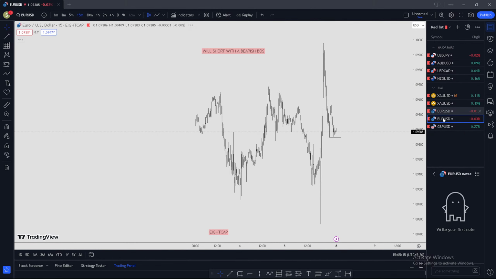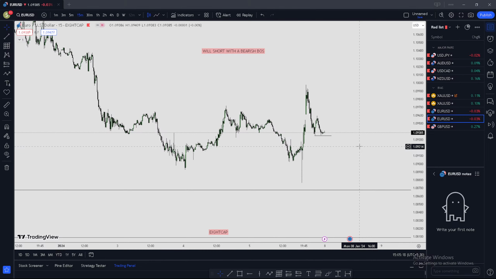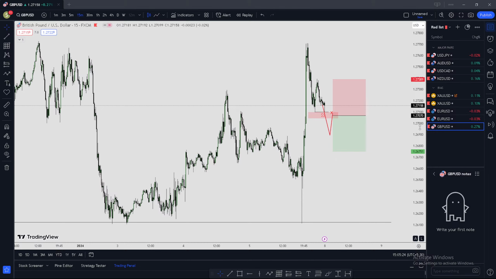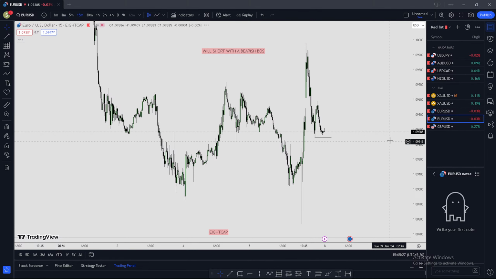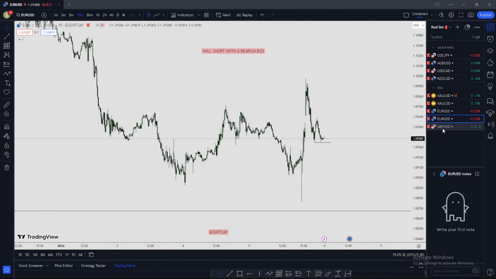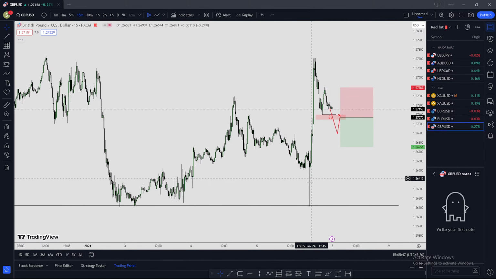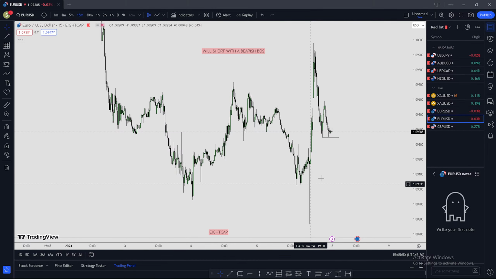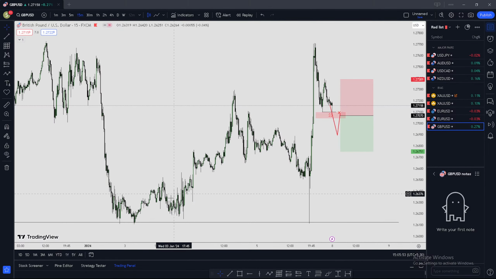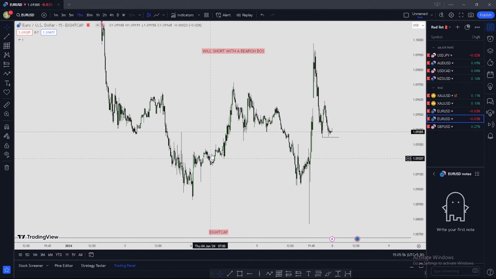Let's see. Most probably I'll be trading the euro dollar pair because I see more. Actually, whenever I trade the fair value gap, whenever I trade the euro dollar and the GBP USD, I see the correlation between them. I see that the euro dollar pair is much more on the bearish side, stronger on bearish trades, and the GBP USD, the GU, is more powerful when it comes to taking long trades. You see this up move.